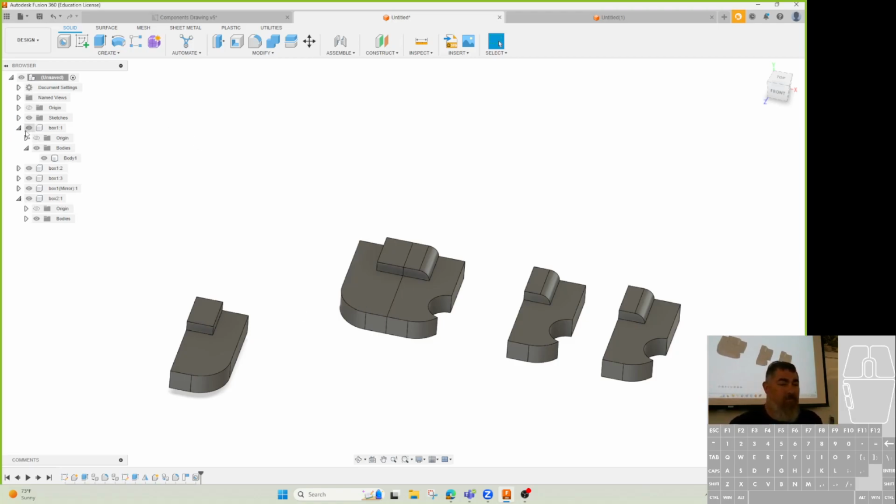So one component automatically gets copied to the other ones. If we have mirror images, we just mirror the component, not the body. Because if I mirror the body, that'll just make another body within that same component, right? So then I can join it or whatever. But if I want a full other piece, the left-hand version, the right-hand version, I need to mirror the component. And I can also do the subcomponents and things. So I could go into this component here,